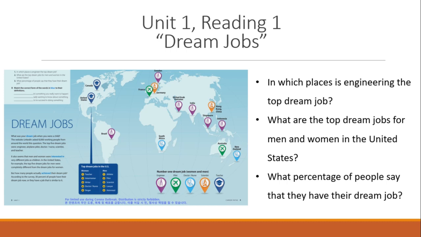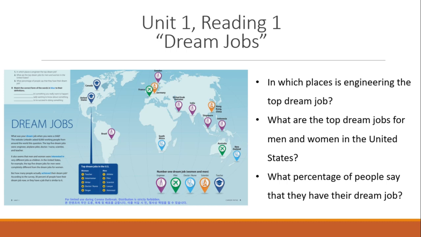So you can see different places, United States, places in Europe like France, Sweden, and Germany, and of course Asia, right? Indonesia's there, Hong Kong, Singapore, and you can see what is considered the top dream job in each of those countries. And then there's other information there. On the bottom, there's a top dream jobs in the U.S. caption there. So you can see that it's different for women and men. And then you can see a little description of the dream jobs.